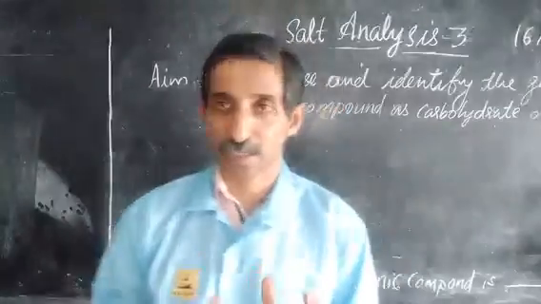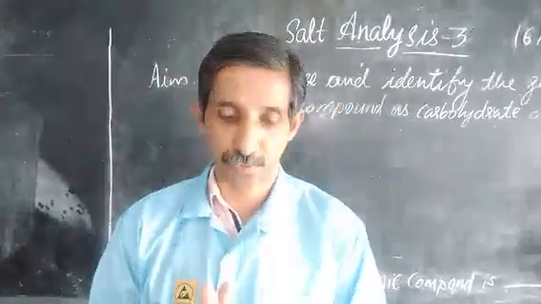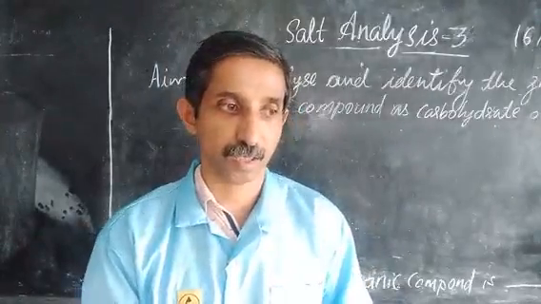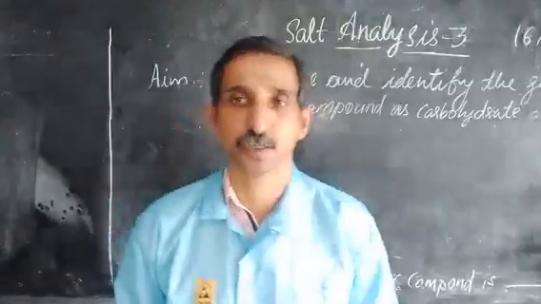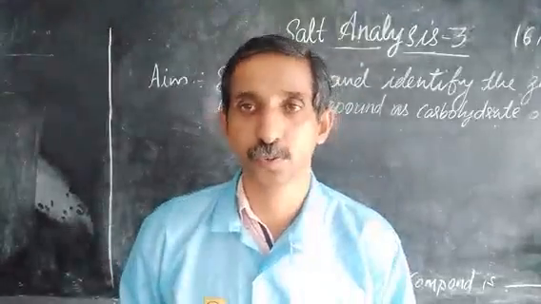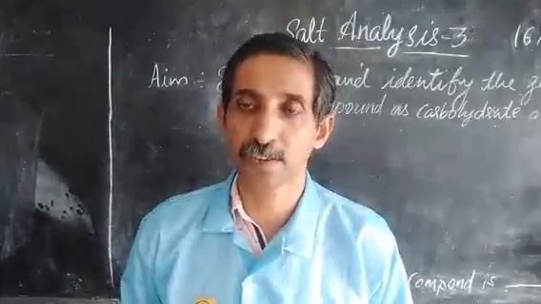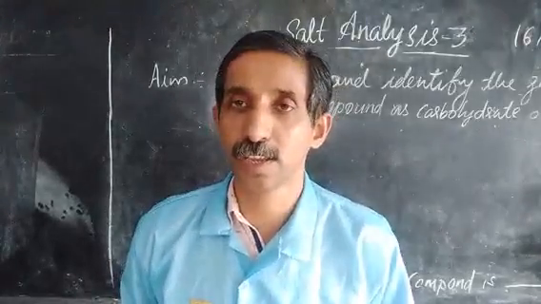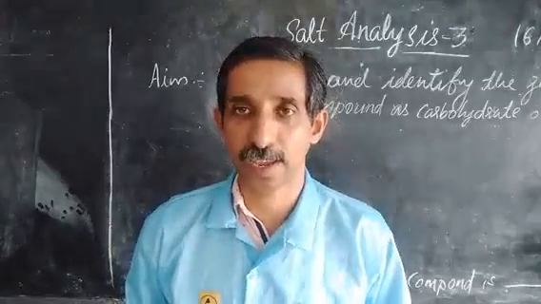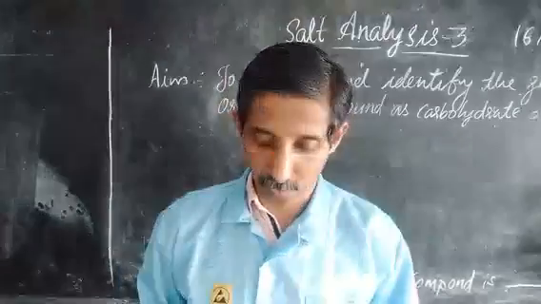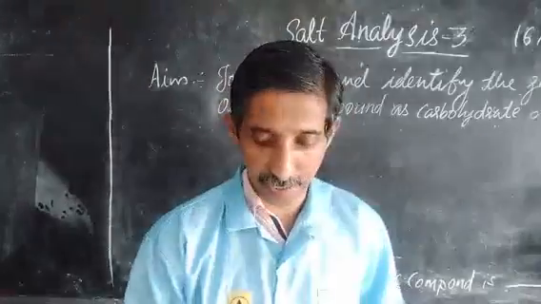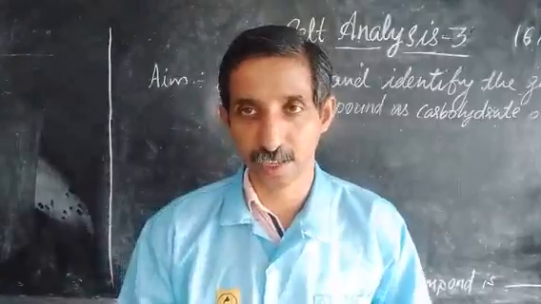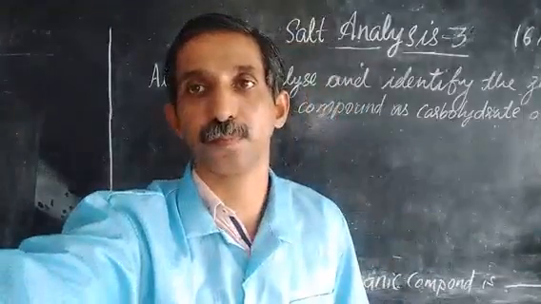Now 3 of our tests are over. Now the 4th one is to be done with the solutions of Fehling's A and B. Both the solutions, Fehling's A and B. Whenever you are asked to add Fehling's solution, it is mostly done with both the solutions A and B. Okay, so here we have Fehling's ready, and we are going to take the organic compound, and let's directly move towards the test.